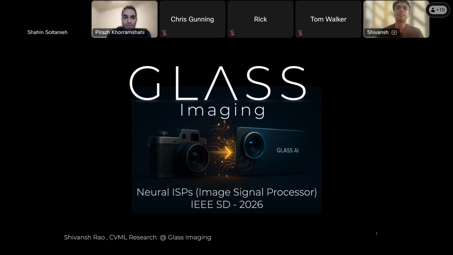A brief introduction about Shivansh. He leverages expertise in computer vision, signal processing, and deep learning to develop image registration and restoration algorithms for mobile imaging. Prior to Glass, he worked at Qualcomm research and development section on hardware efficient algorithms for 6 degree of freedom head pose tracking and 3D reconstruction.